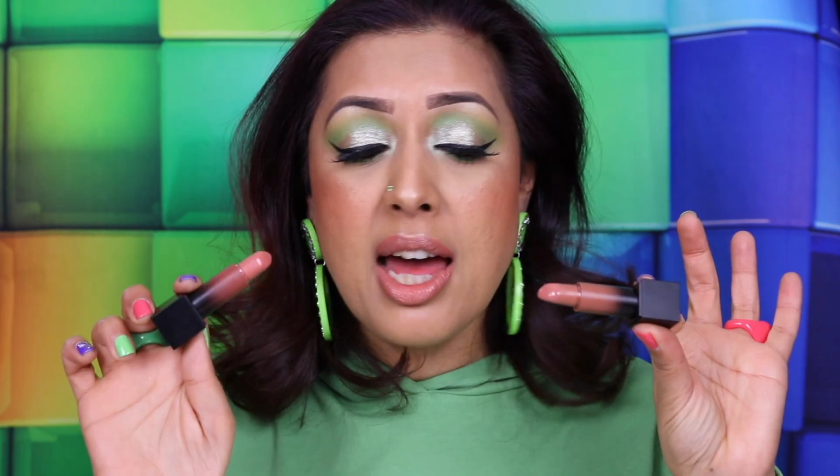Staying with lipsticks, we've got 2 of the brand new Huda Beauty Power Bullet Cream Glow lipsticks. These for me have definitely been a lifesaver during Ramadan, when your mouth gets really, really dry, your lips get cracked, and you still obviously want to wear lipstick. I have been loving these. These 2 shades in particular have been my favorite. This one here is Rajah and this one here is called Honey Bun. I'm actually wearing both of them on my lips today,